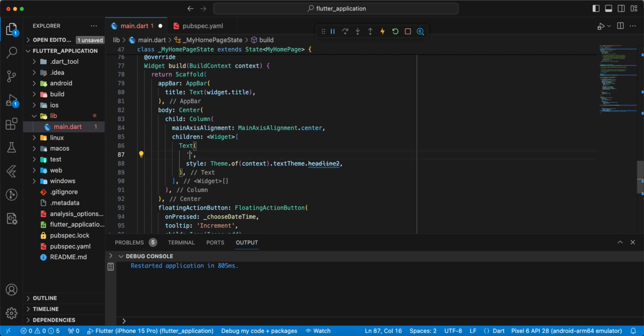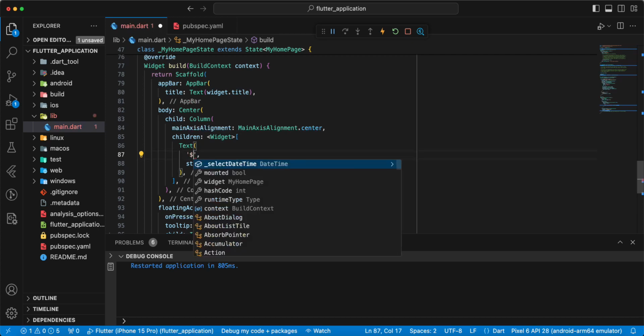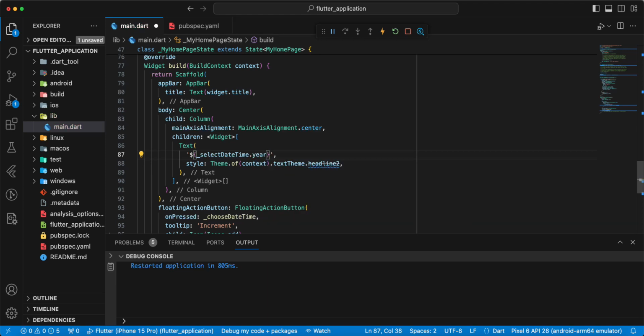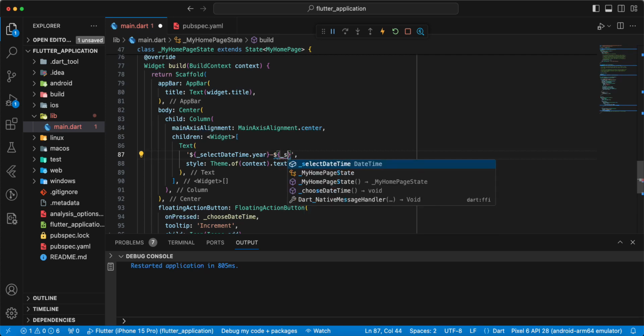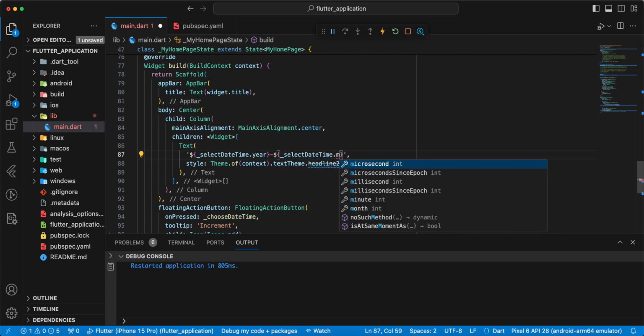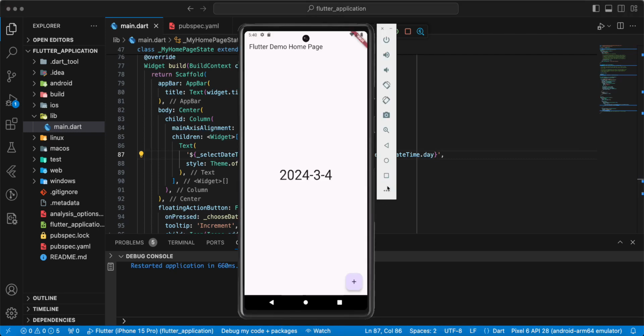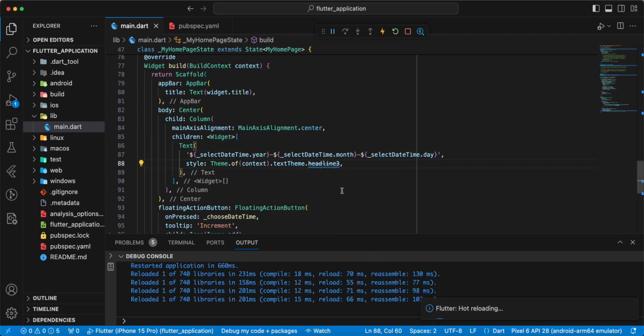and we write year, then we write month, and then we write day. Save, hot restart, and we update the font size,